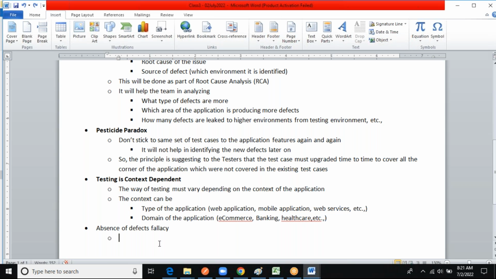But don't close the testing very early saying that I am done with my testing and there are no defects at all. You don't tell that. If you are reaching the timelines and you are supposed to release tomorrow, then you can't do anything because you don't have time. But if you still have time, don't close the testing like that. Don't ever come to an early conclusion